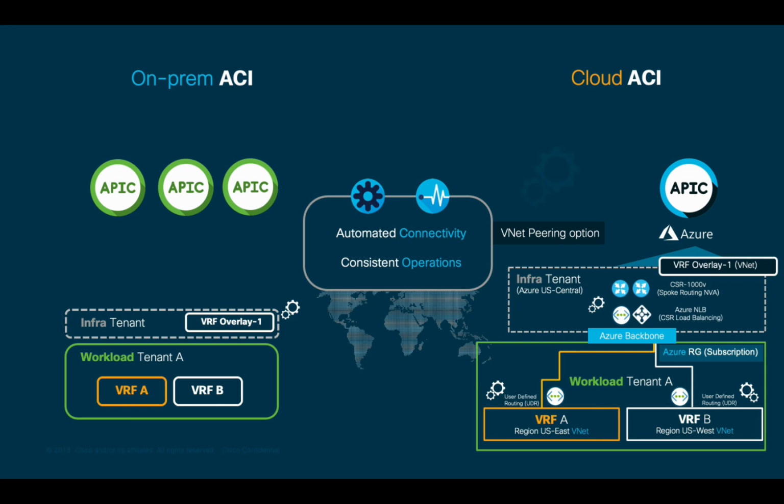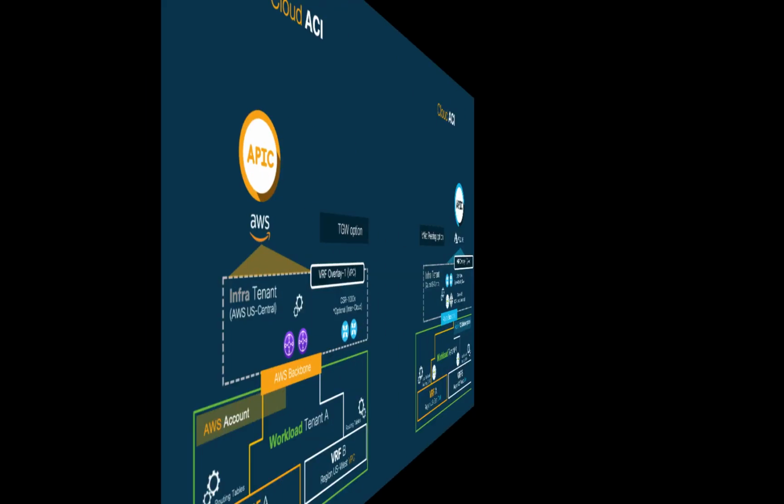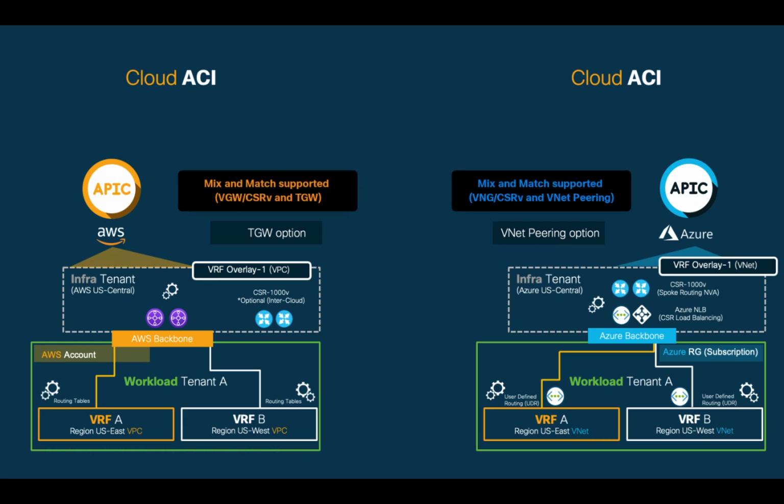Again, all this is automated and happens in the infra tenant. Therefore, you don't need to worry about it in terms of configuration. The workload VNets, or VRFs, will also be automatically adjusted by creating user-defined routing, or UDR, with the corresponding routing entries. In any case, Cloud ACI allows us to mix and match based on the needs and feature availability of